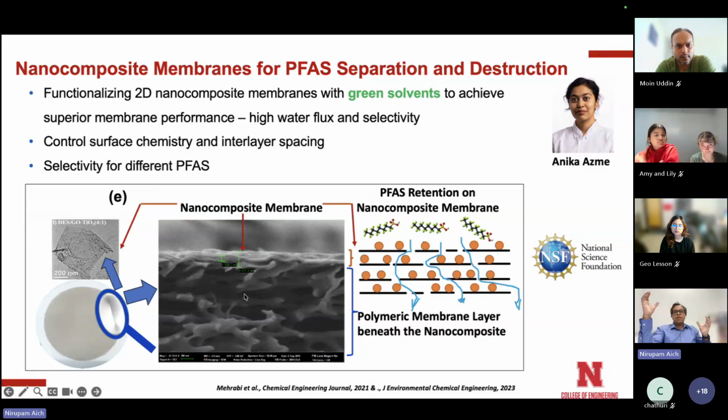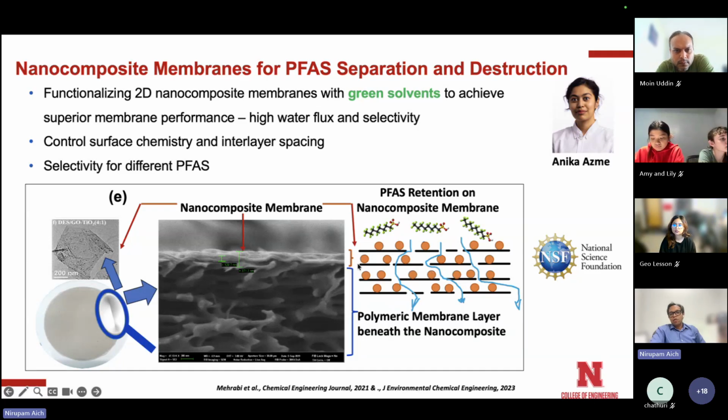Like I have shown with the reverse osmosis membrane in large-scale systems, you can put these nanoparticles on these membranes to not only separate PFAS from water, since these are filtration membranes, but also destroy them on the surface. So this is another project we are doing. Basically, this is a polymeric membrane surface, and if you look at the top layer, that top layer has just the nanoparticle sheets, like graphene sheets with metal nanoparticles on them.